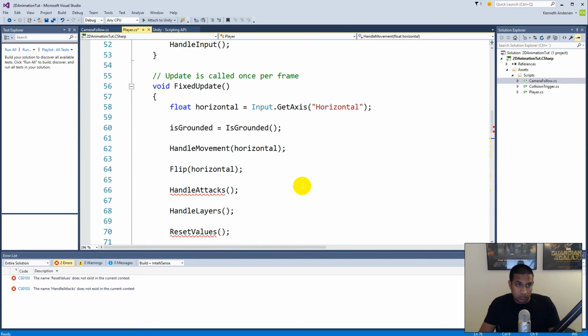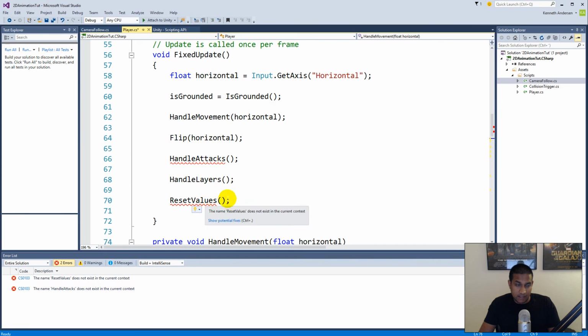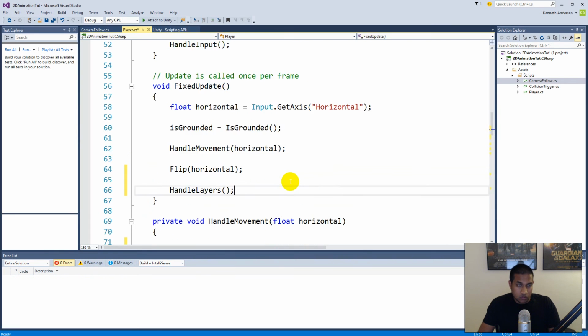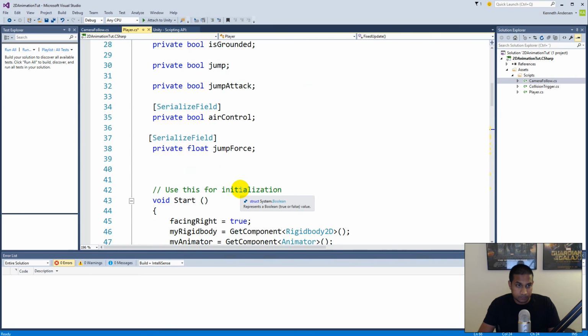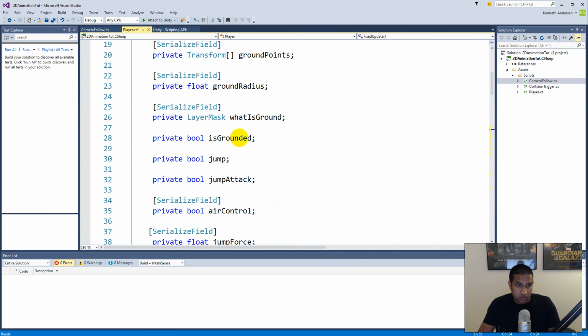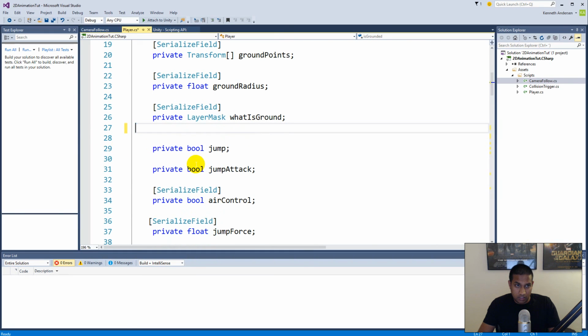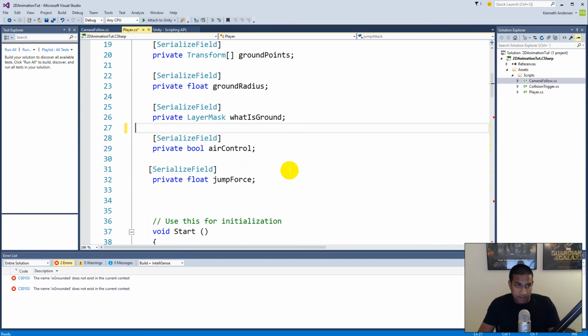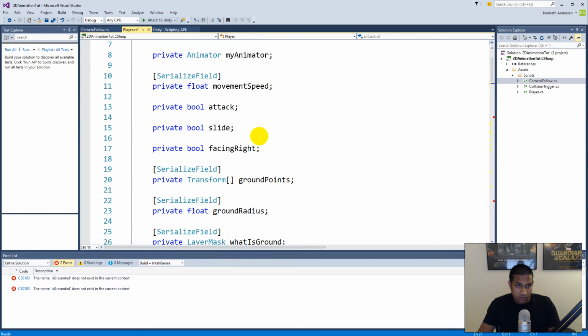If we keep scrolling up, we will see some red lines on handle attack and reset values. And the reason for that is, of course, because we just deleted the two functions, so they don't exist anymore, so just delete them as well. Okay, so now we have cleaned up all the functions, so we'll have to go to our fields next. And up here we'll have to remove is grounded, we'll have to remove jump, we'll have to remove jump attack, and we'll have to remove slide, we'll have to remove attack,